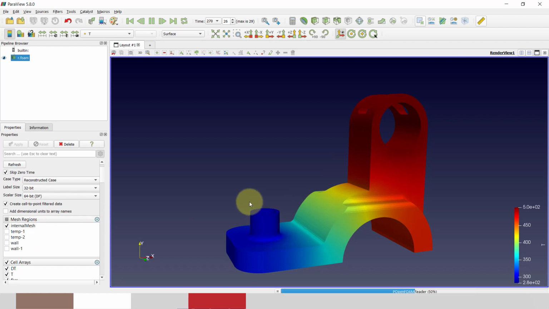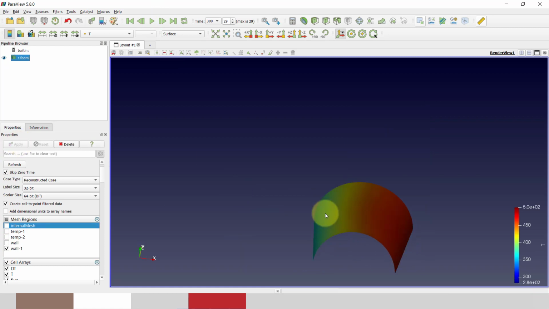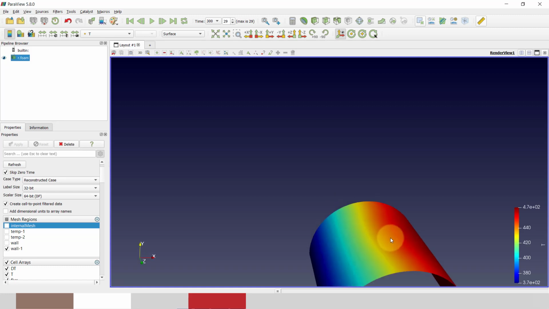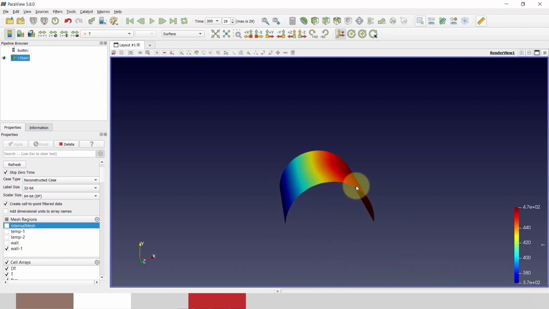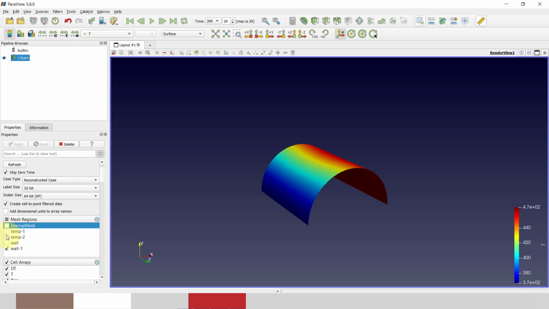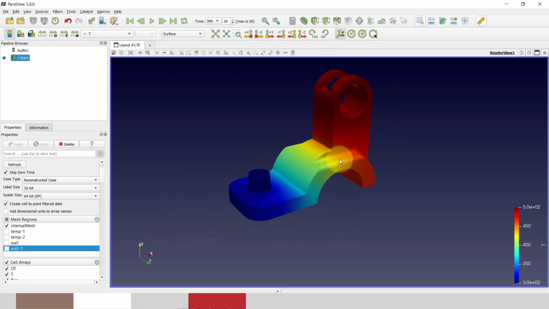So I will see the result on wall 1, which I have to see, and this is for the scale. Here you can see that 470 Kelvin is our temperature. So if I want to design a component which intersects with this surface, I have to design it for 470 Kelvin. This way you can do a conduction test in OpenFOAM. Thank you guys.